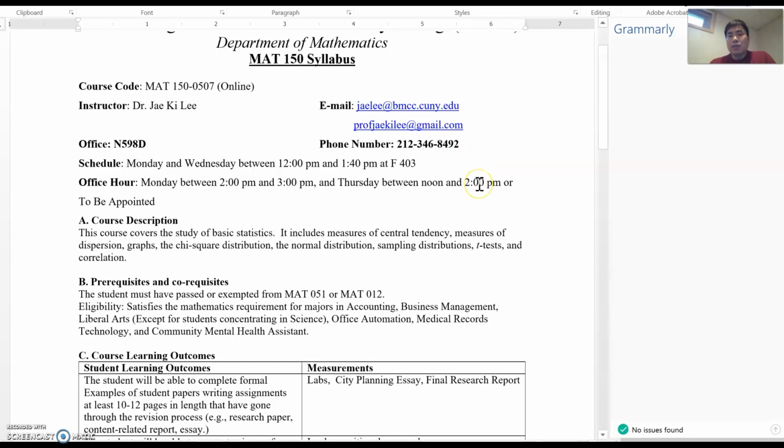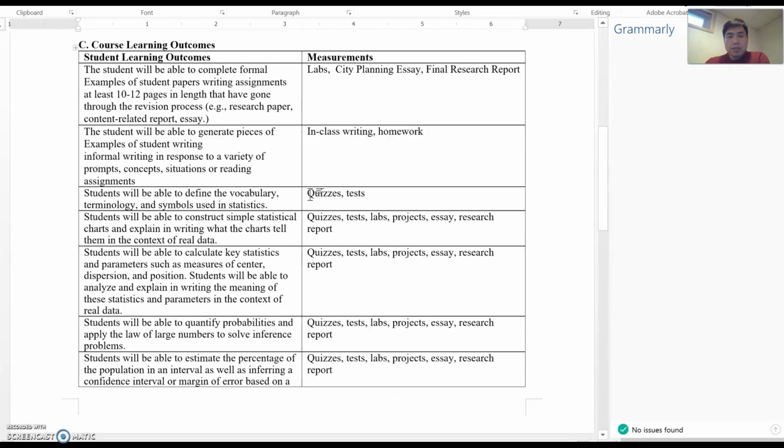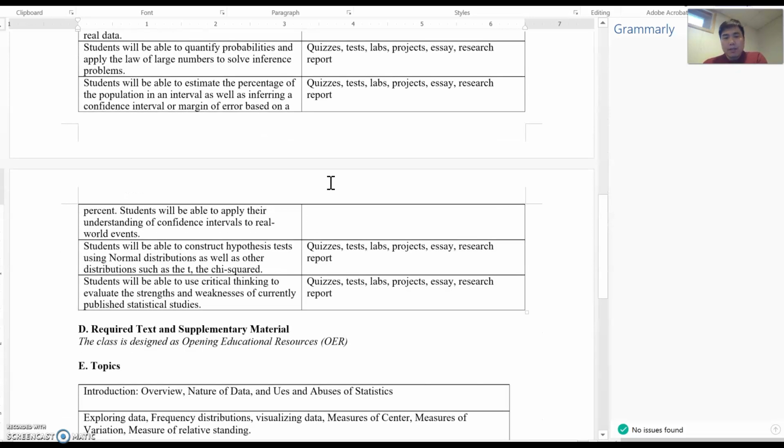And if you have a chance to visit the BMCC, then this is my office, so you can visit my office during these hours. Otherwise, you just let me know when you want to visit me. If the time matches with my availability, then we can meet each other. Okay, now, so one thing is, in this class I'm gonna give you some quizzes, tests, everything, but